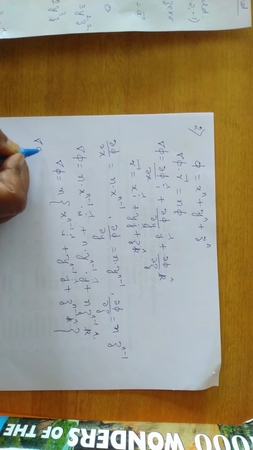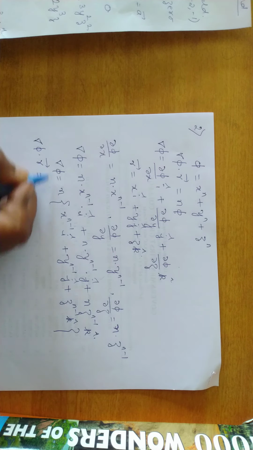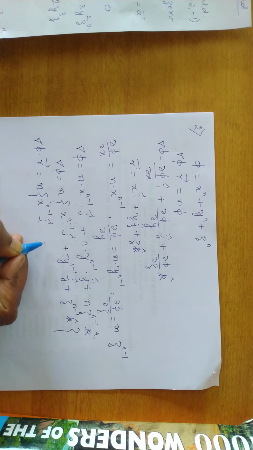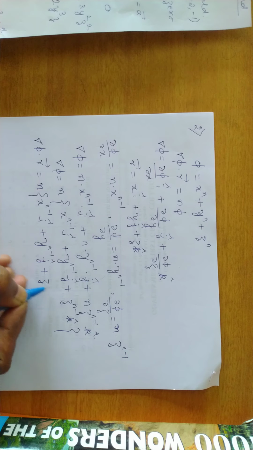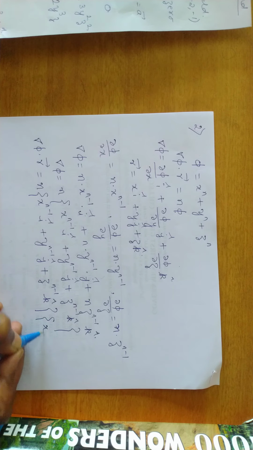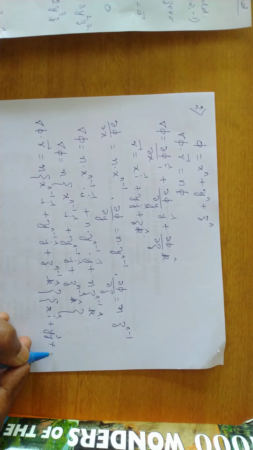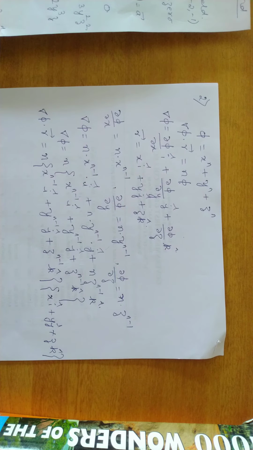So I have to multiply grad phi dot r vector. So what do I get? Grad phi, I know, is n into x to the power of n minus 1 i cap plus y to the power of n minus 1 j cap plus z to the power of n minus 1 k cap, dot r vector, which is what? x i plus y j plus z k cap. Right, now multiply.